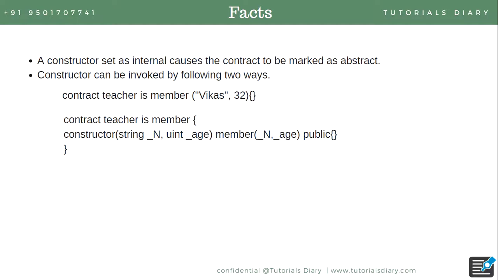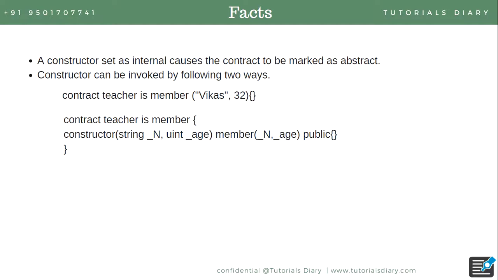Another example is that you are not hard coding the values, but you are passing values which you will get at runtime. So when someone creates a teacher instance or calls this teacher contract, they have to pass the name and age, and the same will be passed to the constructor of the member smart contract. Okay, so we'll talk about these two things in more detail in the hands-on session, but you have to remember that